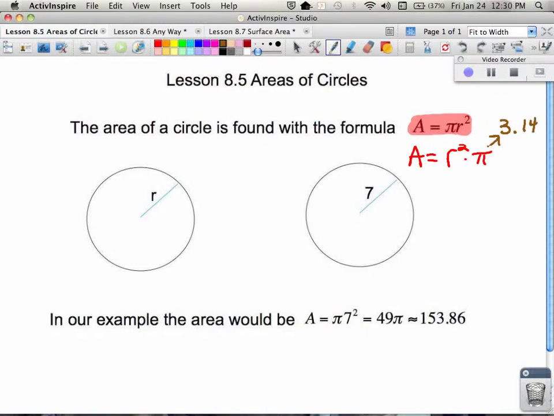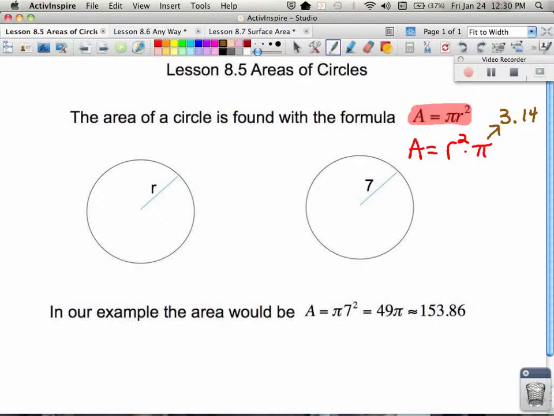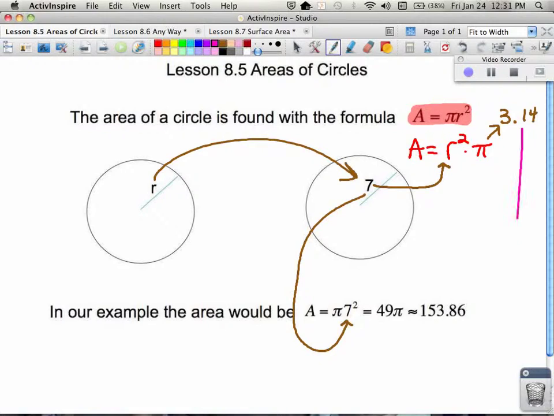So down below here, as we look at this circle that we have, we notice that we have a radius that is 7 units. Now that 7 goes in for the r, and if we want to find out what our area is, we would take the 7, shove it in for the r, and we'd have pi times 7 squared, or in other words, 49 pi. If you take the 49 and you were to multiply it by 3.14, what you would see is a resultant number of